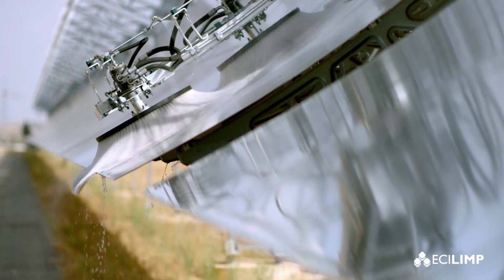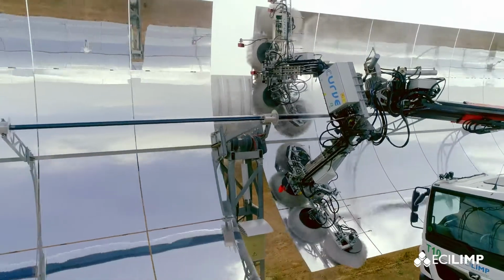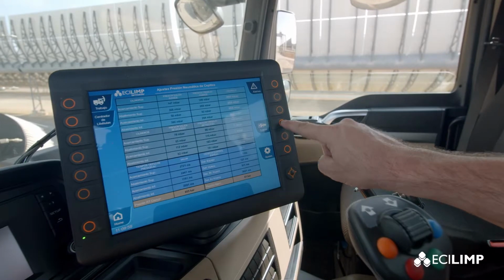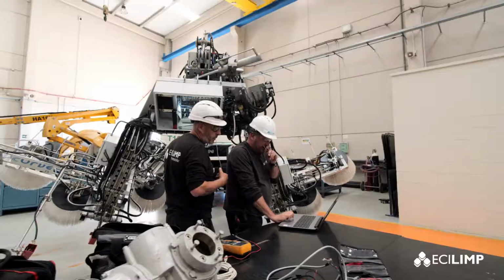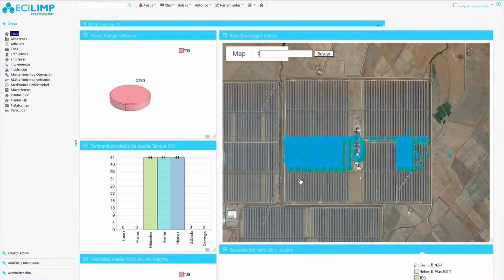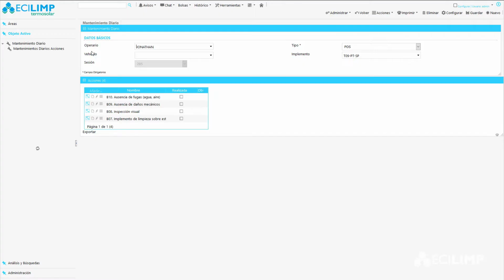Cleaning tools are personalized for each project. This allows better adaptability and performance, reducing water consumption and maintaining the mirror's integrity. Helios and Curve's exclusive software, developed by Ecilimp, compiles data and sends it to a server connected to the cloud. There you can obtain detailed information about the cleaning job, such as maintenance checklists, vehicle performance KPIs, and a cleanliness